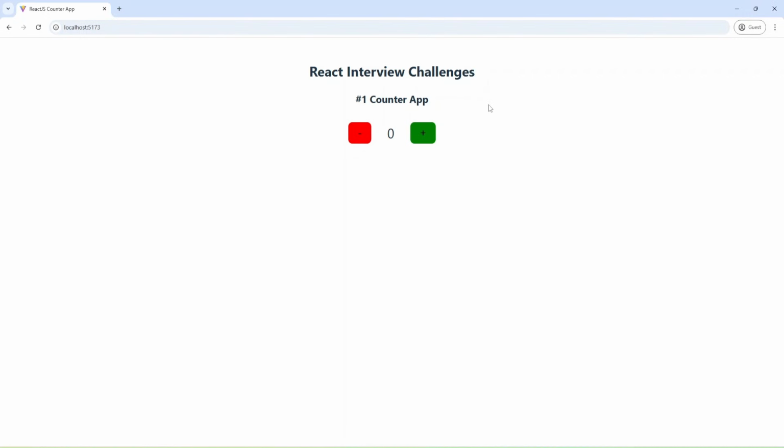As you can see, we have some headers, and also we have a count. Initially, it will be 0, and also we have two buttons. The first button is with plus sign, and pressing the button will increment the count by 1. And the second button is red with minus sign, and pressing the button will decrement the count by 1. And let's go to the code and build our application.